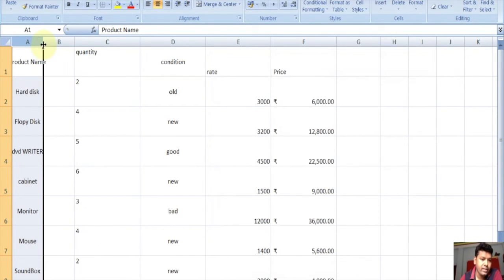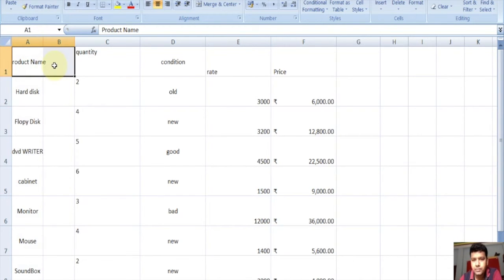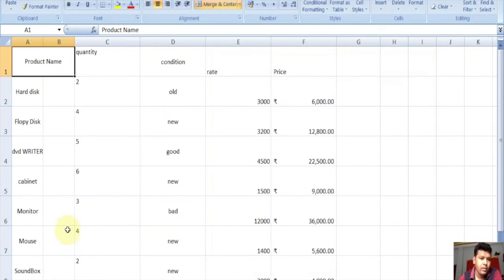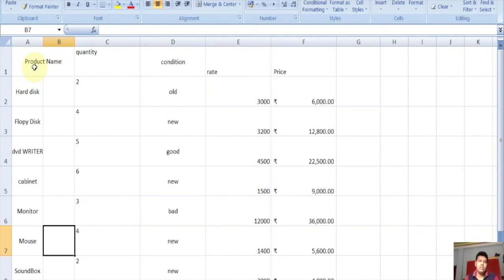And here, if we want to merge these 2 cells, select these 2 cells and click on Format Cells, turn off shrink to fit and click on merge cells, click on OK. And here we find that these 2 cells have been merged, and the product name text is across these 2 cells.